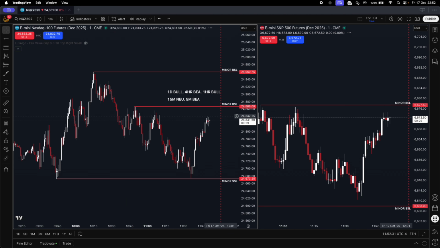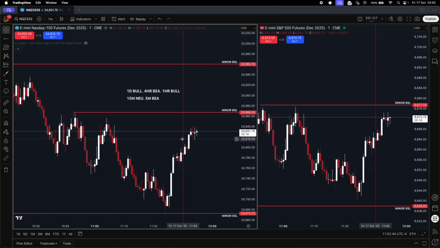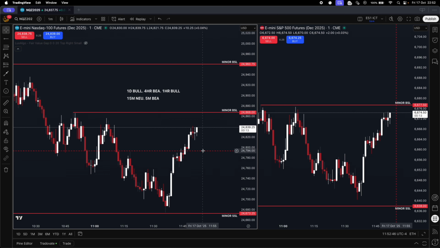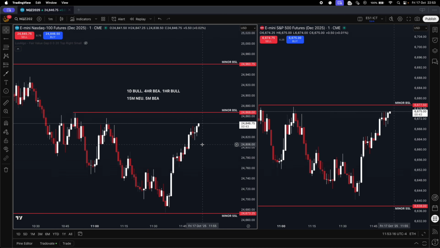Stop placement's not valid on this. The displacement is too much, where the stop placement would have to be at this low. It's about 100 point stop placement. So there's not going to be a trade that I want to take here, because your stop placement in all cases must be below anything that sends trade in favor, as we spoke about earlier. So below these bullish gaps, below this bullish breaker block here as well, and that's not going to happen, guys. 100 point, or there's probably more. I think it's actually more than 100 points. Yeah, it's 110 point stop placement, something crazy like that.